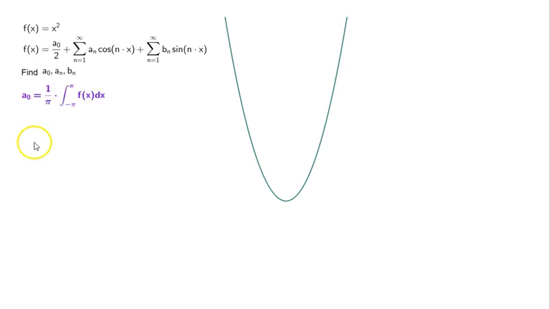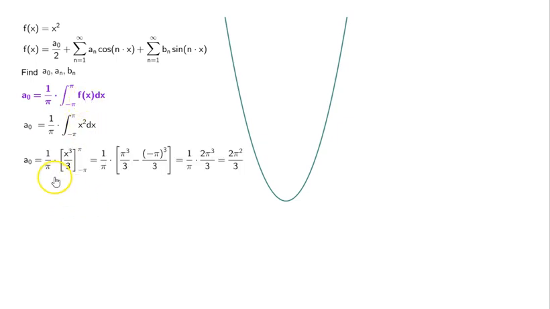Now, in the previous session, we saw a naught is equal to 1 by pi times the integral from minus pi to pi of f of x dx. So a naught is equal to 1 by pi times the integral minus pi to pi of x square dx. And we know that the integral of x square is x cubed by 3. And we have to figure out from minus pi to pi. So we have a naught is equal to 1 by pi times x cubed by 3 from minus pi to pi,